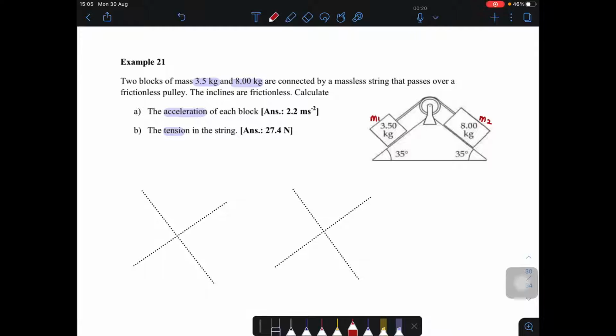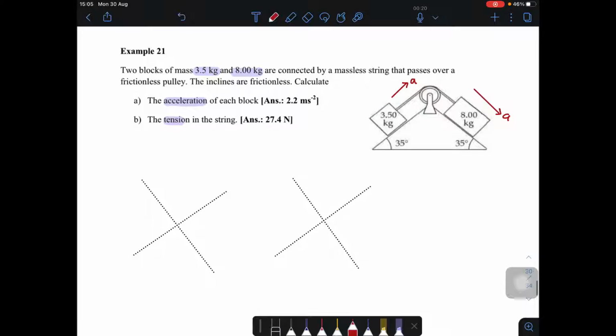So maksudnya, acceleration here will be like this, and this one pun akan jadi macam ni, since dia adalah inclined plane. So now kita sudah tentukan direction of acceleration. Dia akan bergerak macam ni dan macam ni. Okay, next one we need to